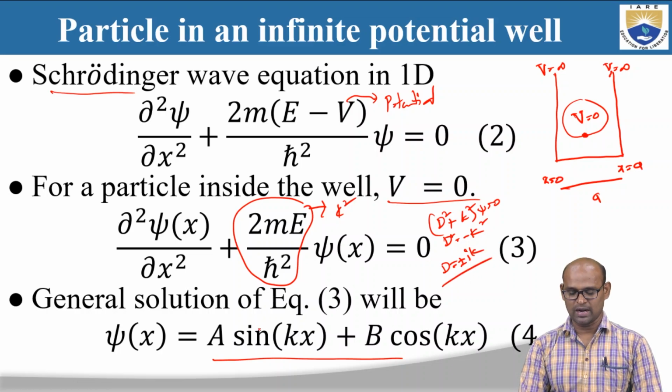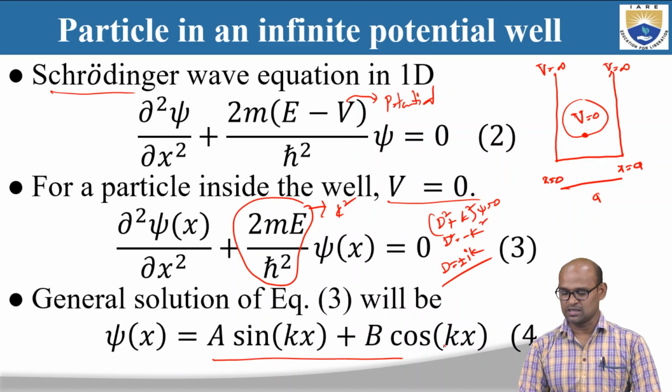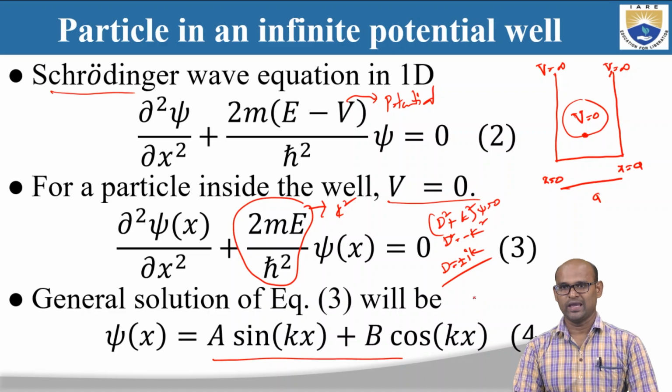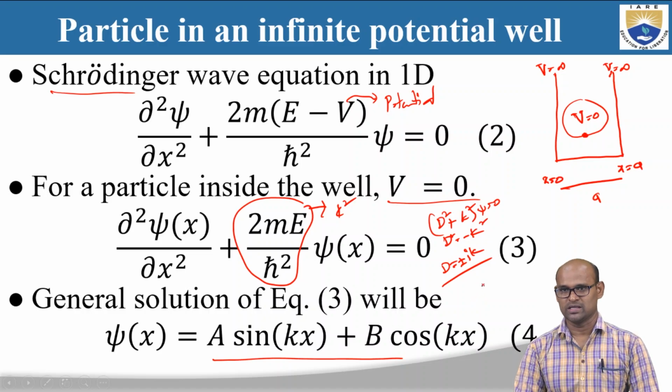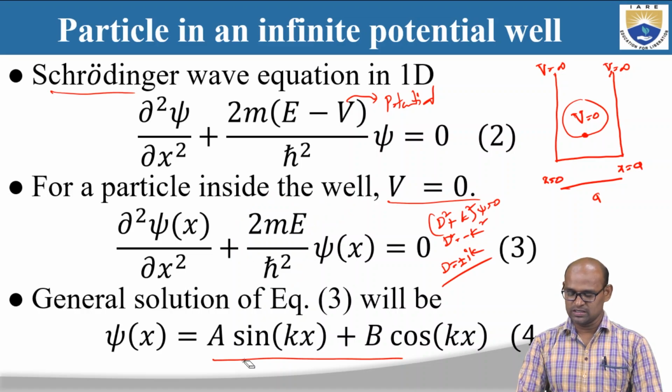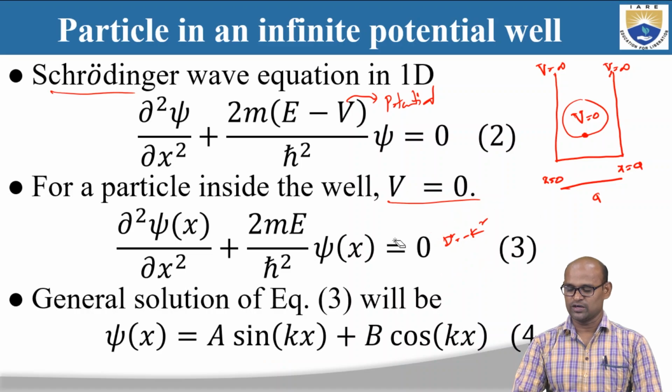With these roots you can write the solution psi of x is equal to A sin kx plus B cos kx. Or you can write it in terms of exponentials, A e power ikx plus B e power minus ikx. So here I am using this kind of form. We can use any one of the forms. Using both forms we can show that the energies of the particle are quantized. Okay, so once we get the solution, which is a wave function,